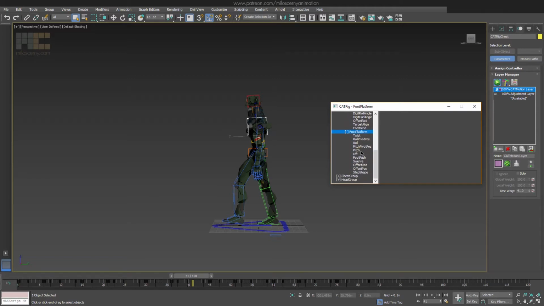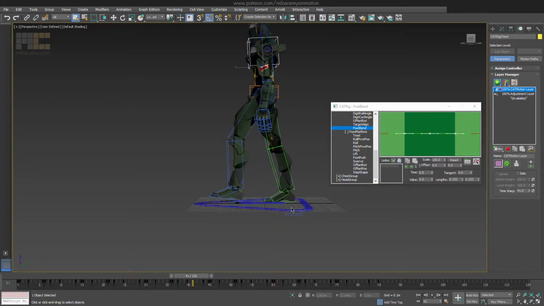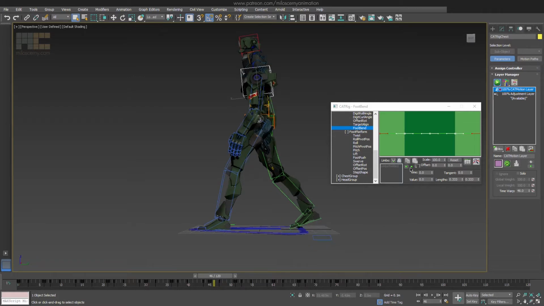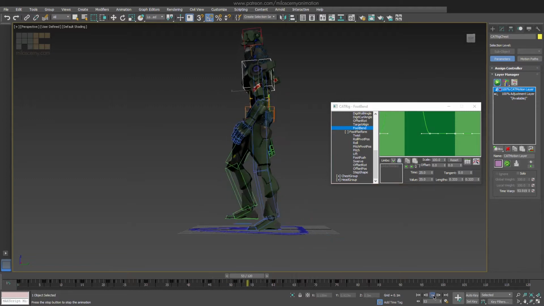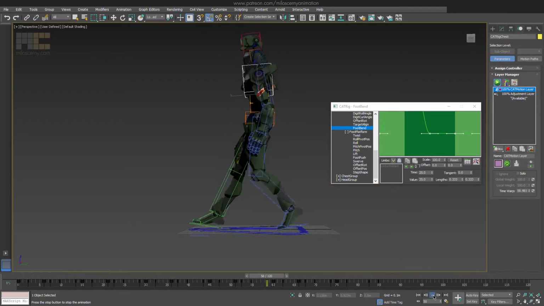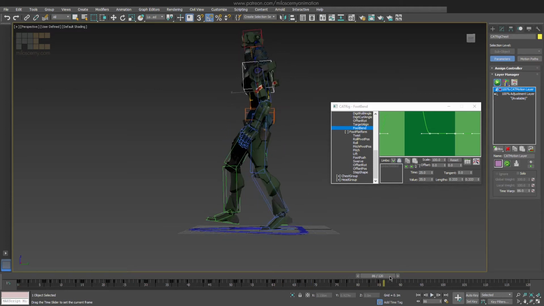Okay, so with the legs, I start with these two parameters, pitch and foot bend, to set up the bending of the legs, at least generally at first. Let's start with the foot bend. We want the foot to be bent much more at this point. Like this maybe. But now the foot will snap too fast into this bend, so let's increase the value at this point as well. Also change its tangent to make it smooth.